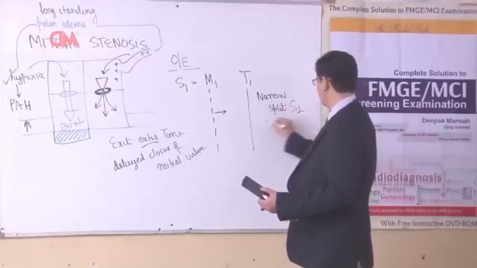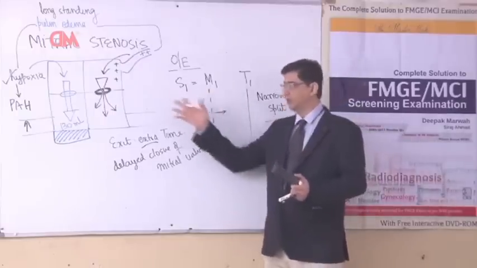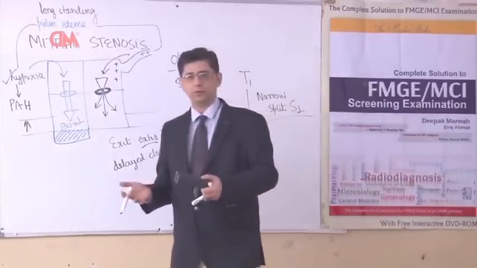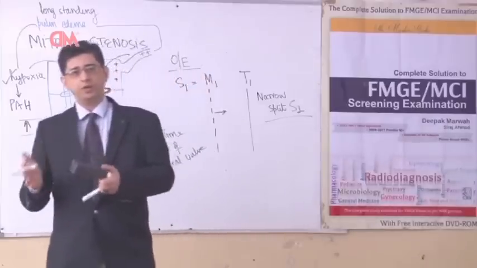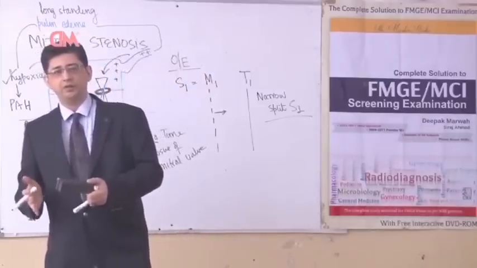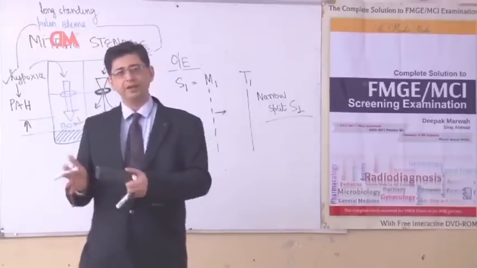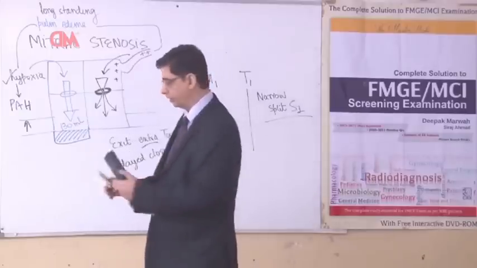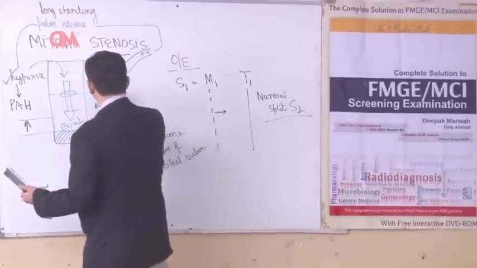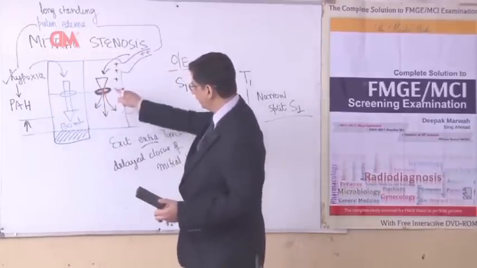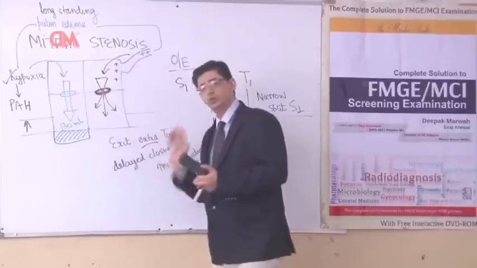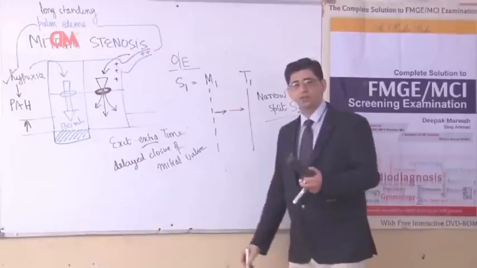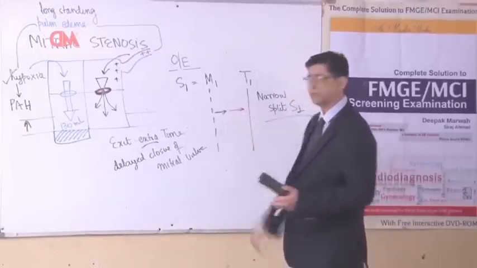What you understand by the words narrow split S1 is that because there is an obstruction, more time is required for the blood to go from LA to LV. And if more time is required for the blood to go from left atrium to left ventricle, the end result is that the mitral valve will close later, and a later closure of the mitral valve will result in a narrow split S1. In fact, if the patient does not take treatment, this opening can become even smaller. If the opening becomes even smaller, blood will take even more extra time to go through this area, the mitral valve will close even later, and the split will become even lesser.